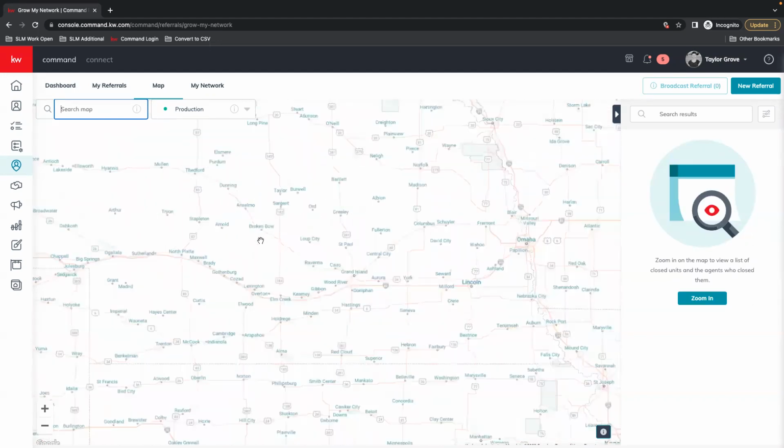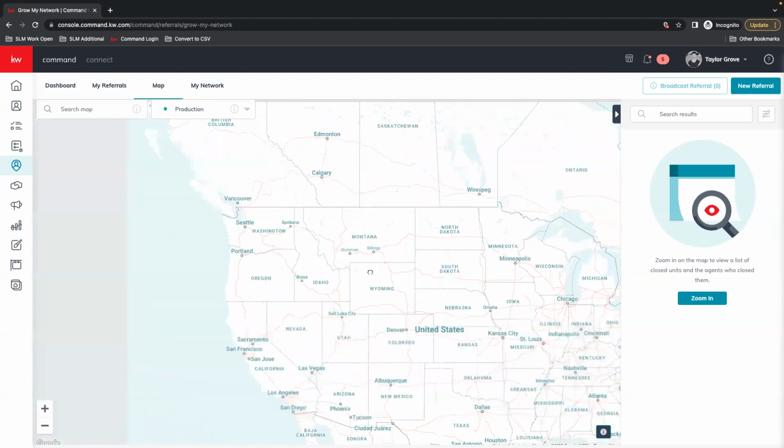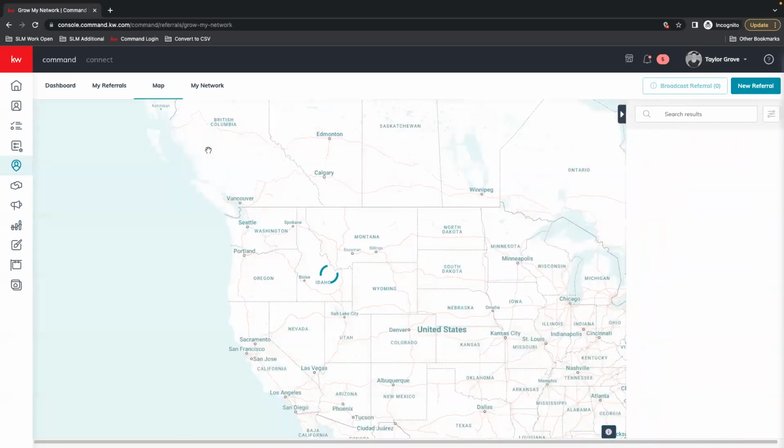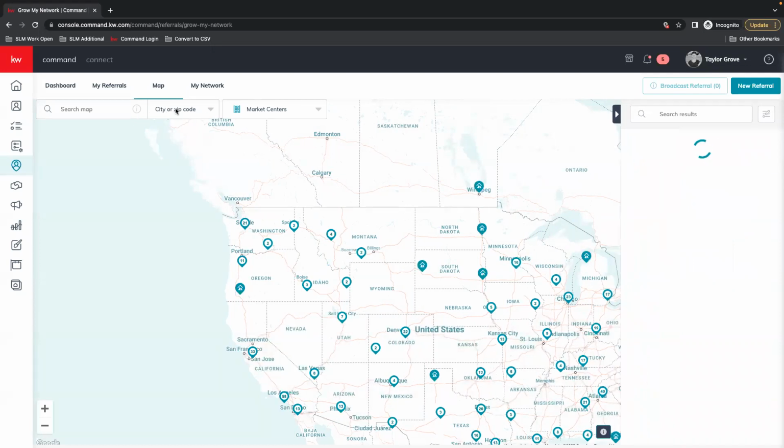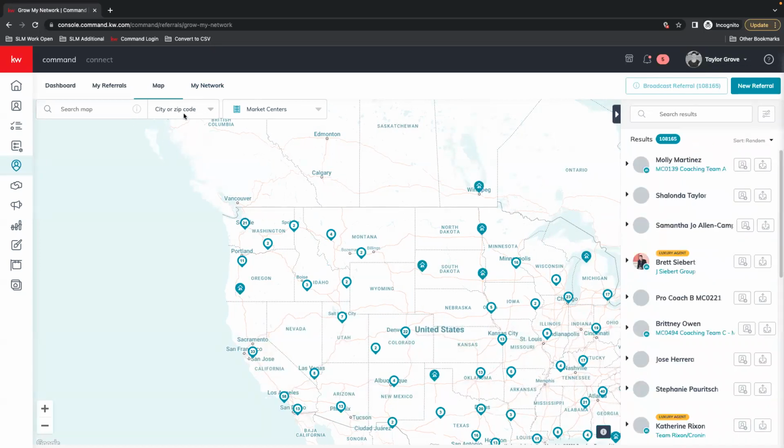So what we recommend, and this is just for trying to find yourself initially, you can default to Market Center and then change this new drop-down menu from city or zip code to associates.